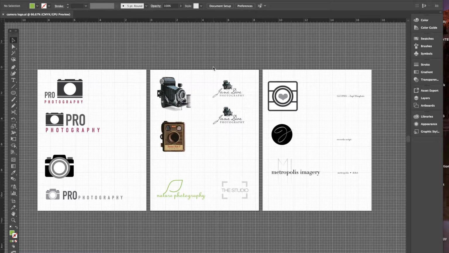Okay guys, the next thing we're going to do here now is take a look at how the nature photography logo is built. And it's really pretty simple. Illustrator has updated some of their tools, their drawing tools, in such a way that it makes it so much easier for us to create smooth little graphics, whereas before we'd have to really kind of fuss with them. Now it's a whole lot easier, thank goodness. So I'm going to zoom in